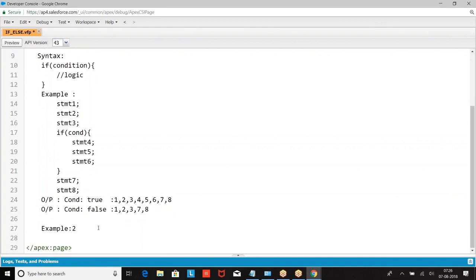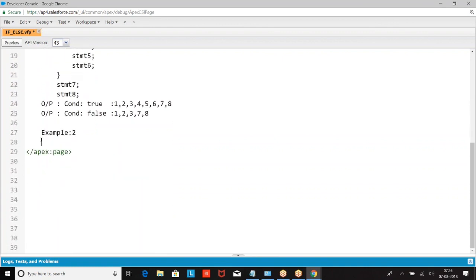Example. If age is more than 25, then set salary as 50K and bonus as 2K and print the values.